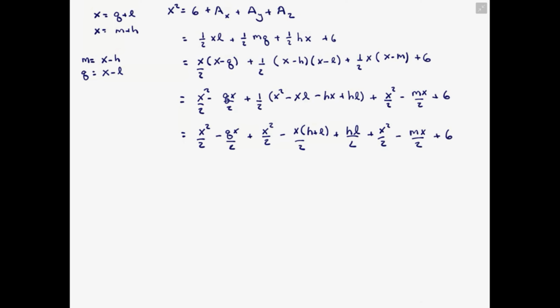Alrighty, now we have 3/2 x, so that's minus x squared on 2 equals